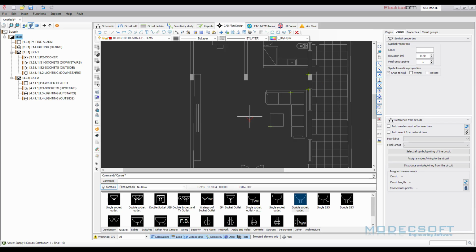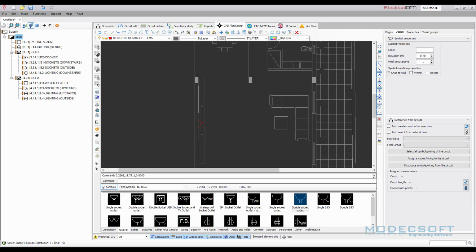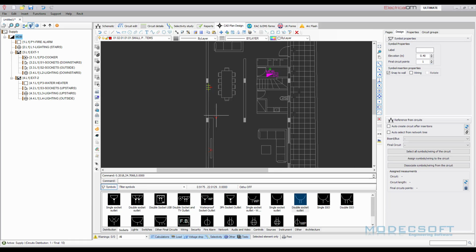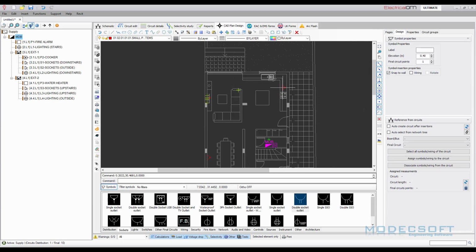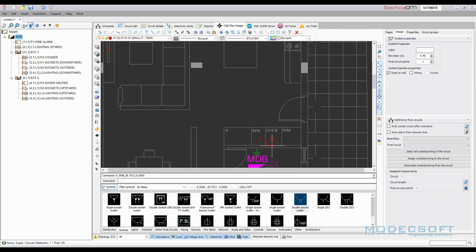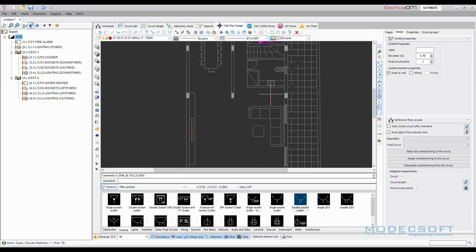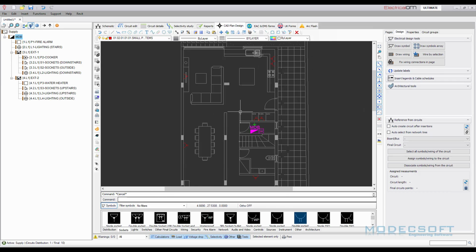We can leave it as it is for now, and as we move on, we will show you how this becomes relevant. Now I'm going to randomly place some sockets. I can change the orientation of the socket using the spacebar on my keyboard, as you can see. Now I have placed these socket elements in our drawing, and each of these sockets has an elevation of 40 centimeters